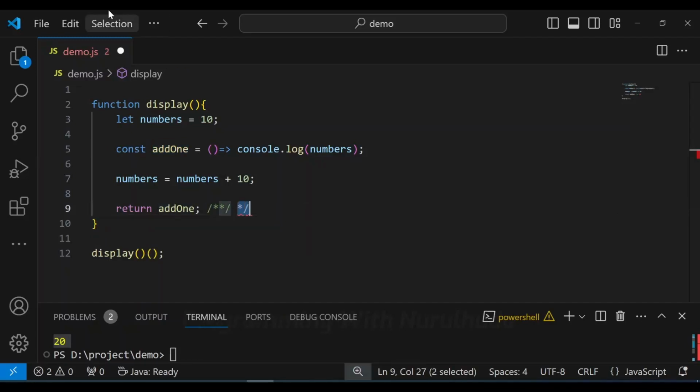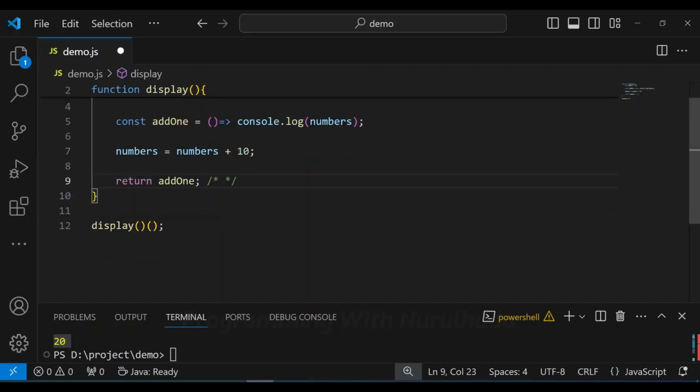This way we can achieve the closure function in JavaScript. So that's